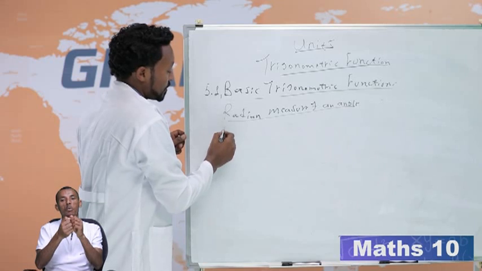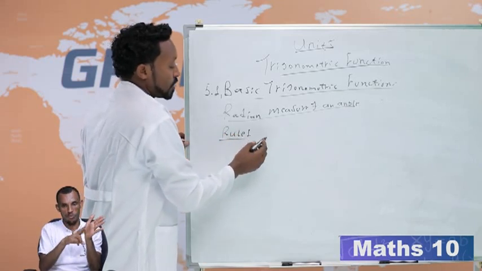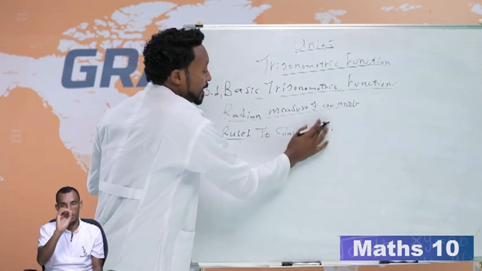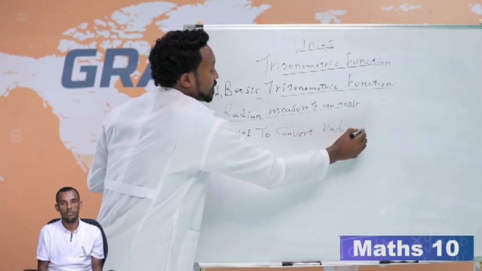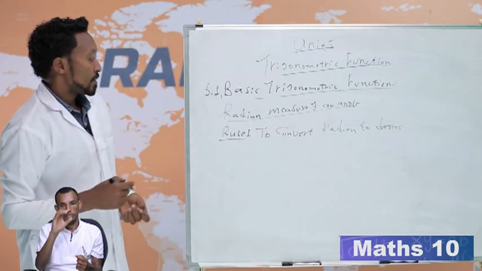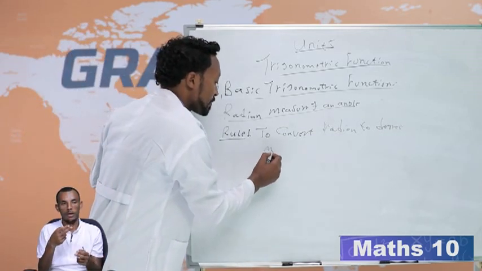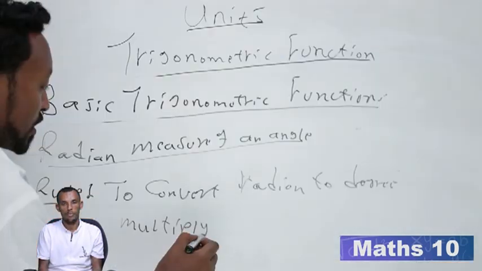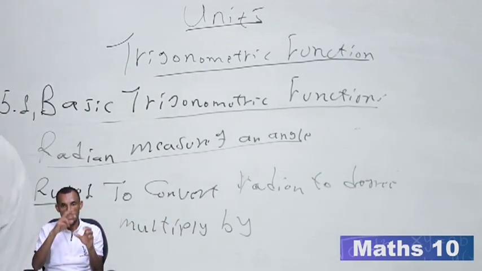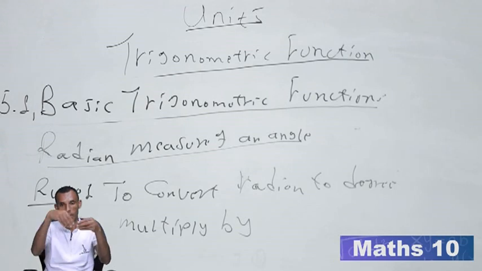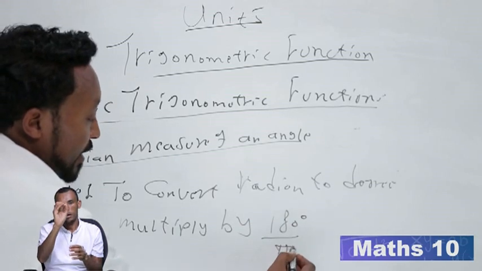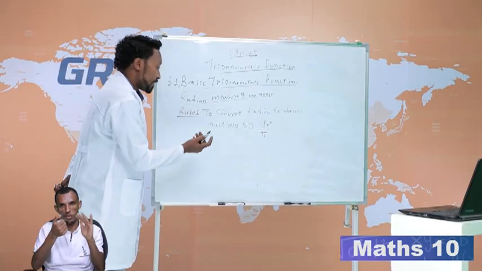The first rule, to convert radian to degree, multiply a given radian by 180 degree over pi. That means, for example, here